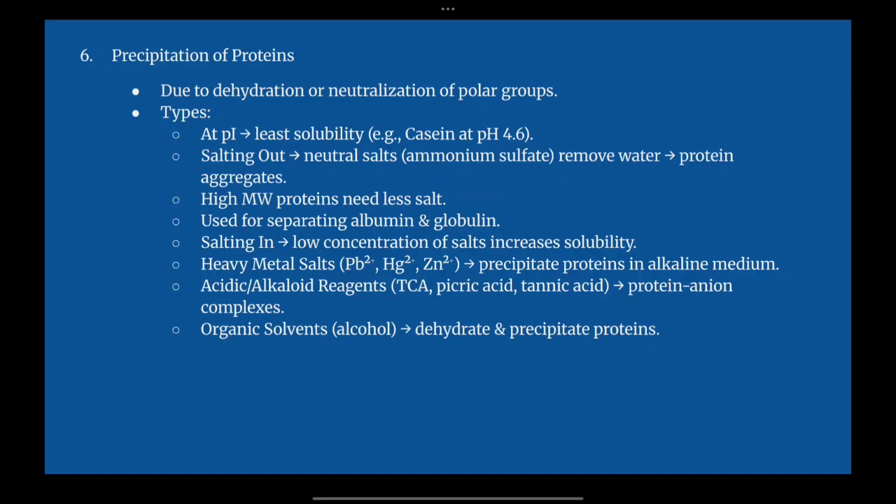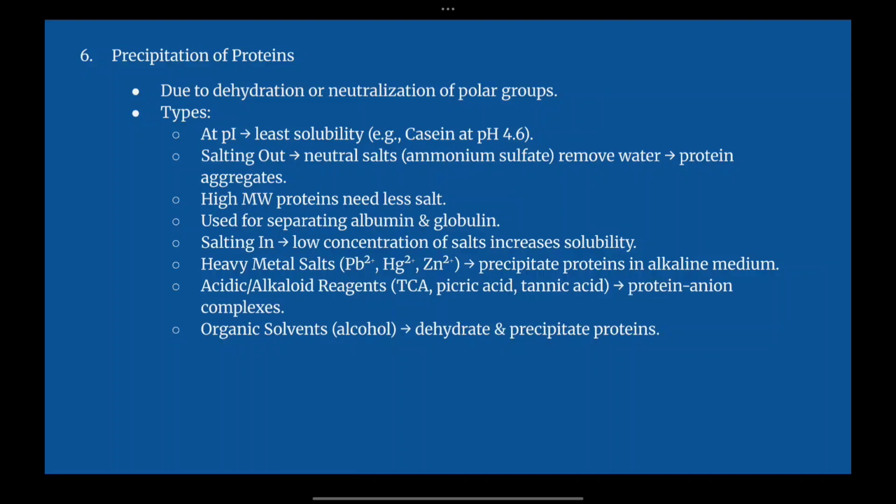Now the other method for precipitation of protein is salting out by neutral salts. When salt is added to the protein, it removes water and protein aggregates are obtained, which is a precipitate of protein. If a protein has a high molecular weight, then less neutral salt needs to be put in. This salting out method is used for separating albumin and globulin. Salting in is another method, wherein a low concentration of salt is added, which increases the solubility